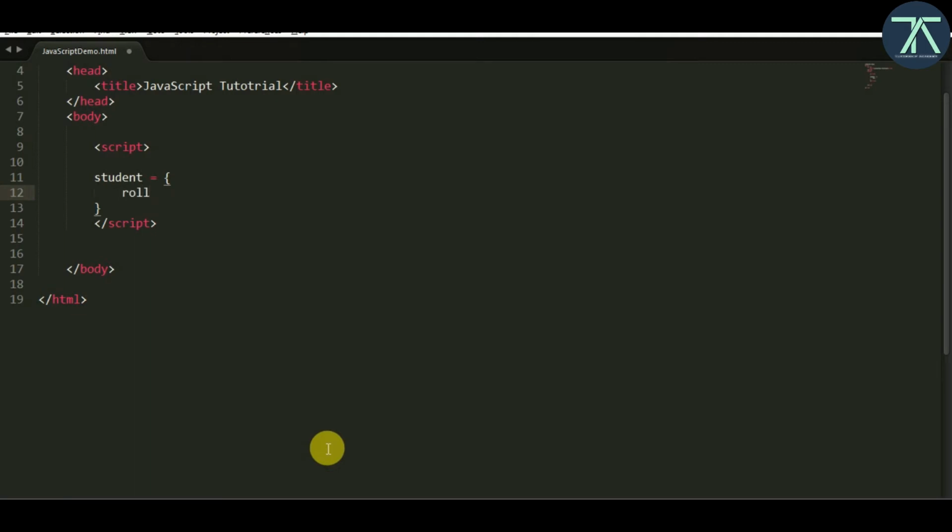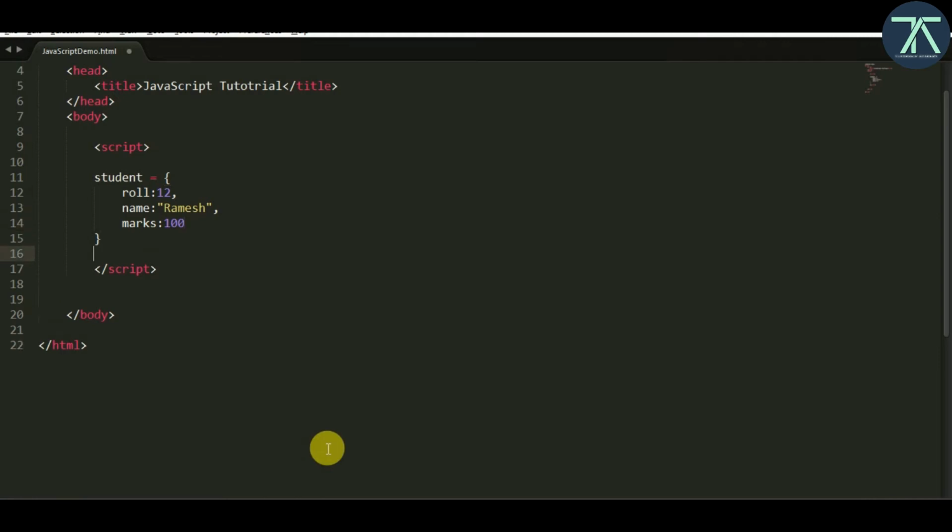So roll, and this roll is a property of the student, then a colon, and you can give any numeric value like 12, and comma, then you can give name and a colon, and name is a string, so I give name like Ramesh, and then comma, and then marks is like 100. Okay, so this is an object of student. I'm not declaring any variable, rather an object, that's why I didn't use the var keyword. This way we can create a student object, and this process is called object literal.